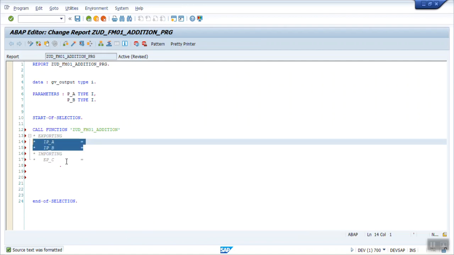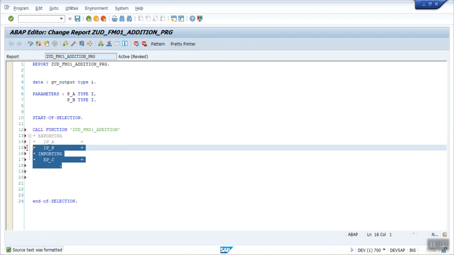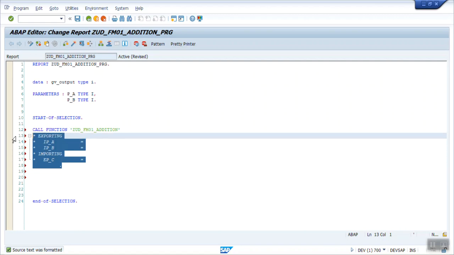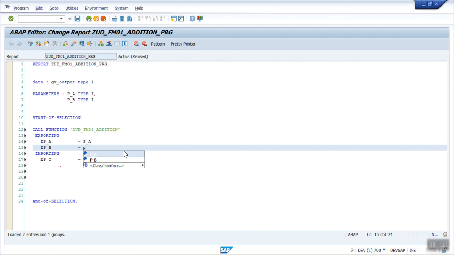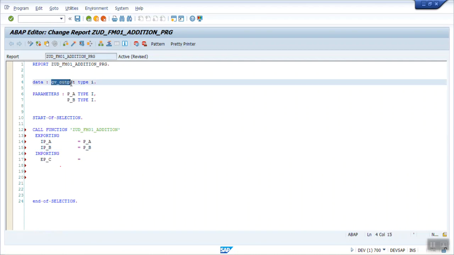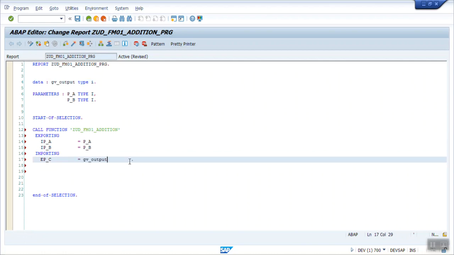To uncomment, select all and press Ctrl and greater than or equal to sign. This will remove all the stars. Now here pass this value, that is P_A, and the second value P_B, and I want my output in the GV_output field. End with a full stop.